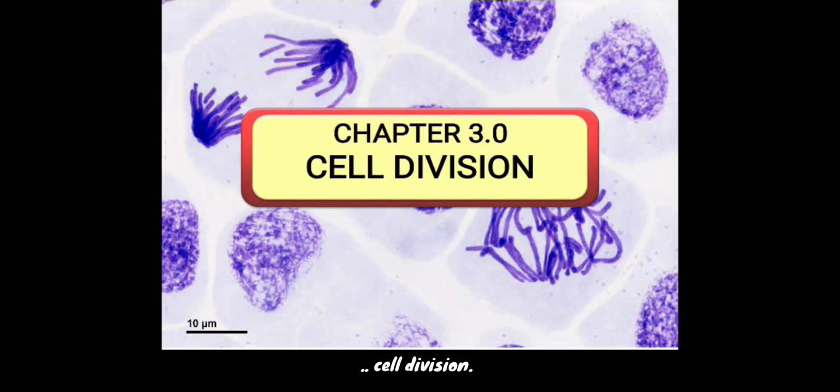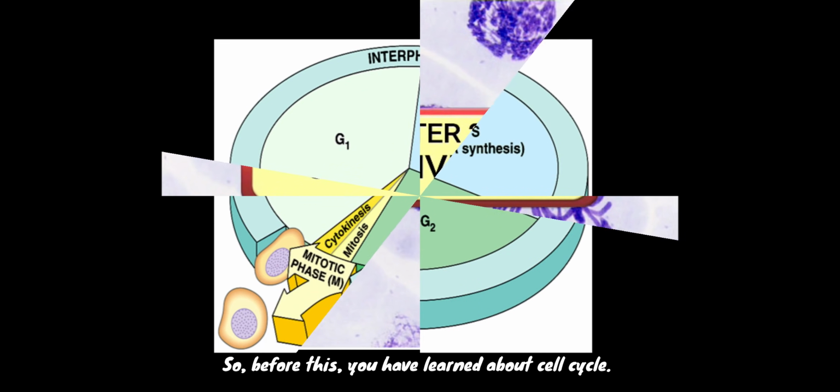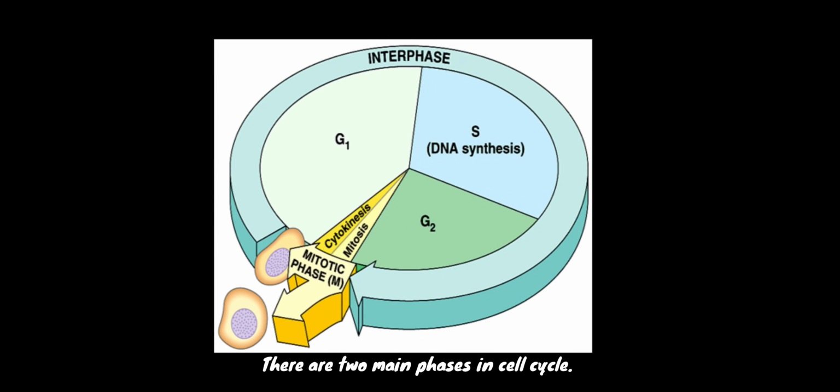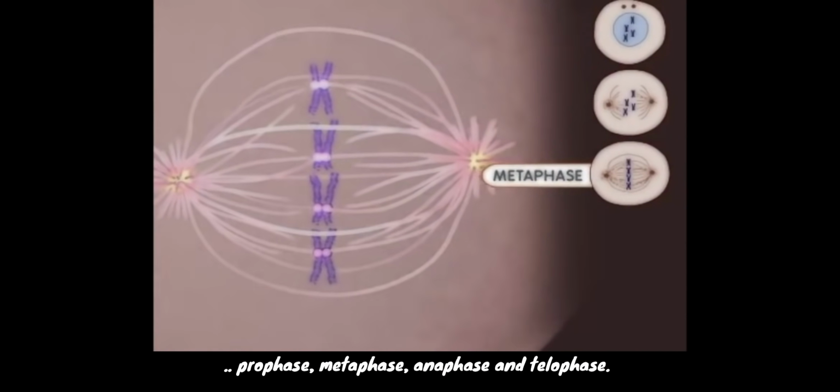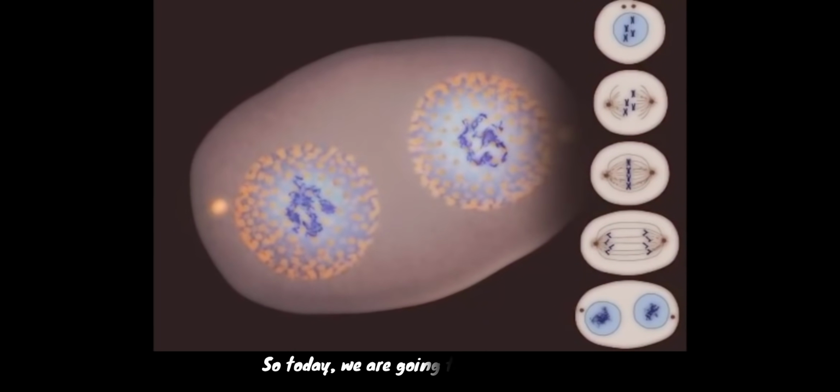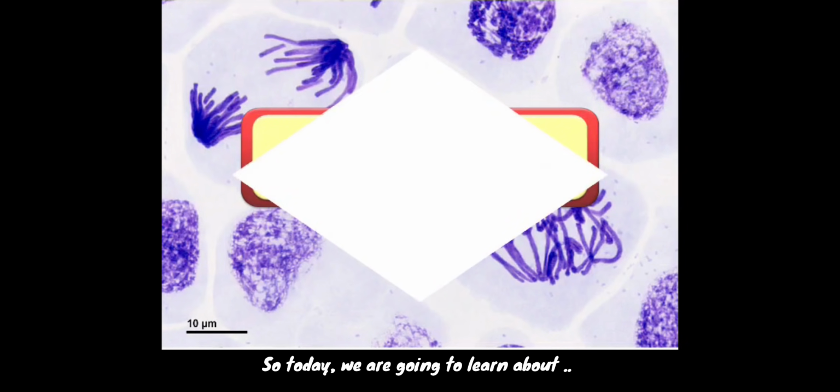So we see each other again through this video to continue on our third chapter, which is cell division. So before this, you have learned about cell cycle. There are two main phases in cell cycle, which are interphase and mitotic phase. Then you have learned about mitosis, where there are four main stages of mitosis, which are prophase, metaphase, anaphase, and telophase. So today we are going to learn about